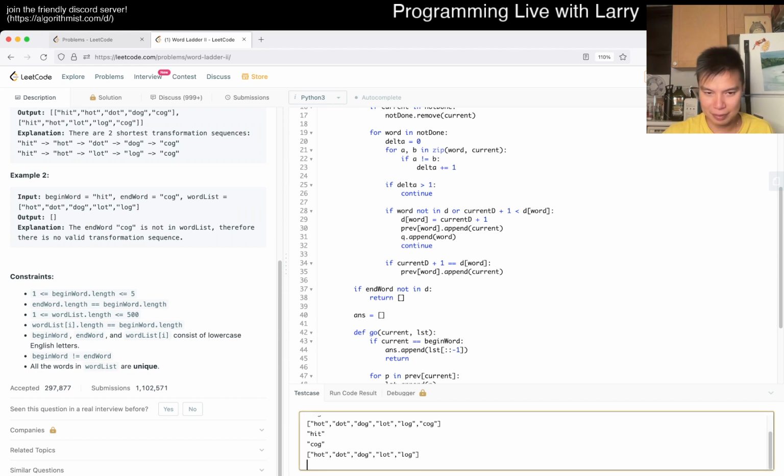Right. Let's say we want to go to AAA to CCCCC, and then we do AAA. I guess we don't need to put that one because it's the beginning. And then this part may be a little bit slow.